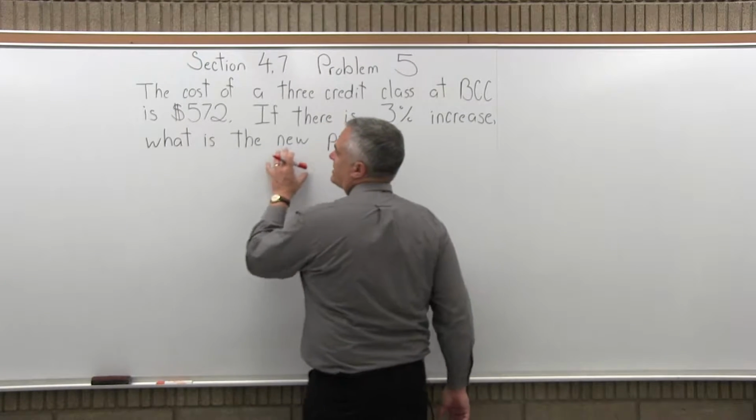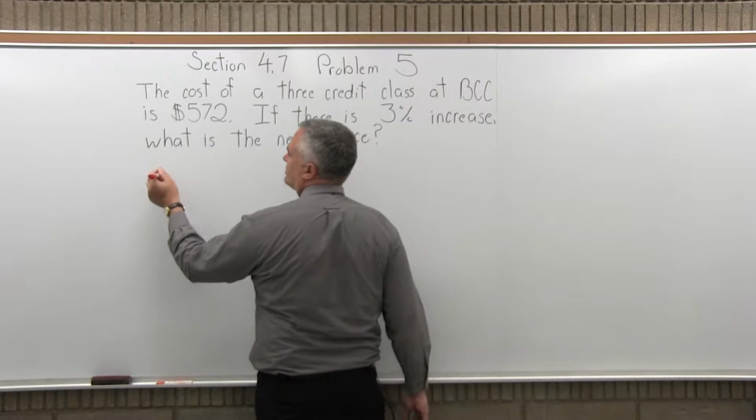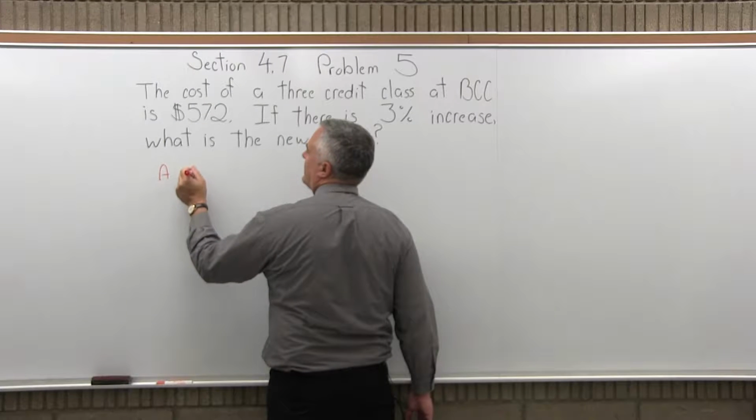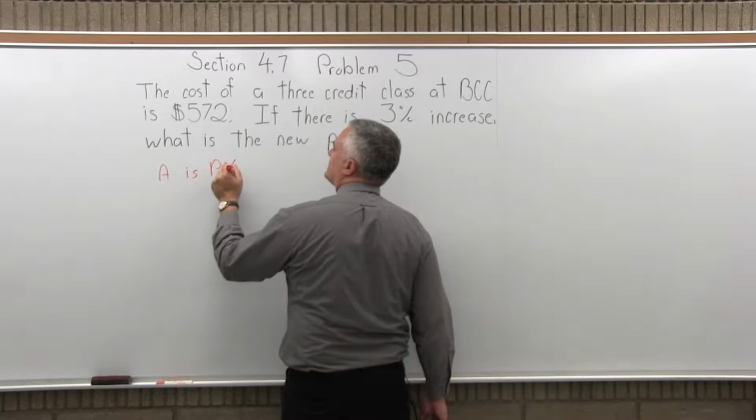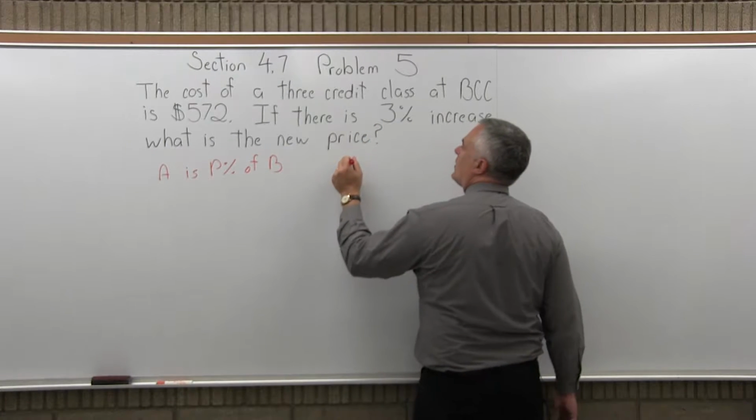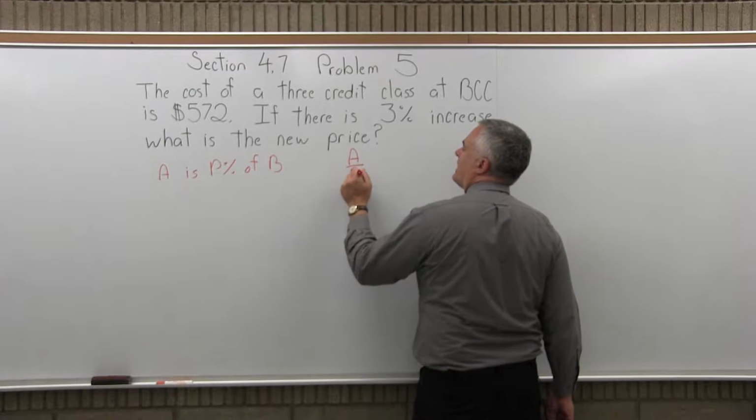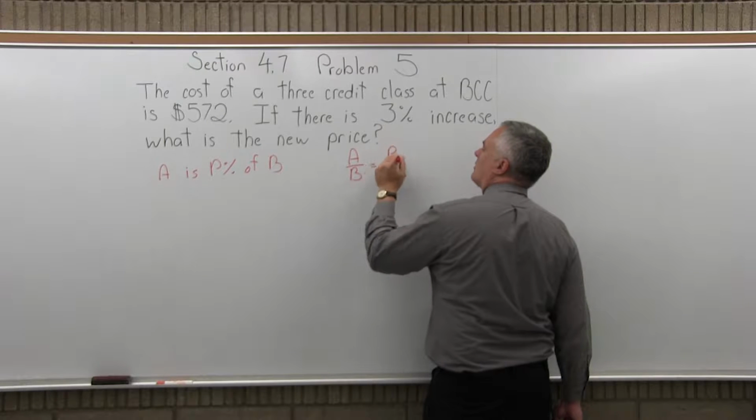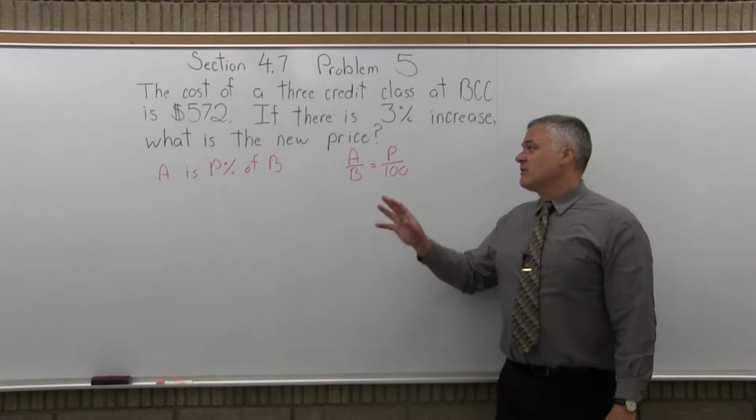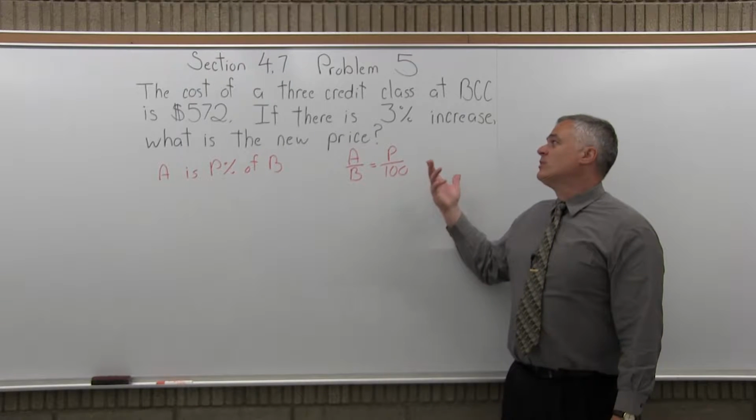So again, when you have a question that deals with percents, my approach usually is to rewrite the important parts in the form A is P percent of B. And if you can write it in that form, then you get to use the formula A over B equals P over 100. So if we want to write it as A is P percent of B, what we really want to figure